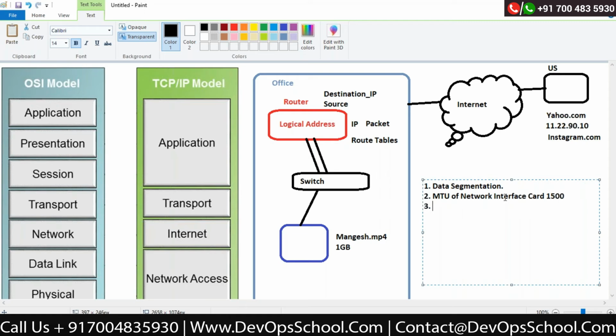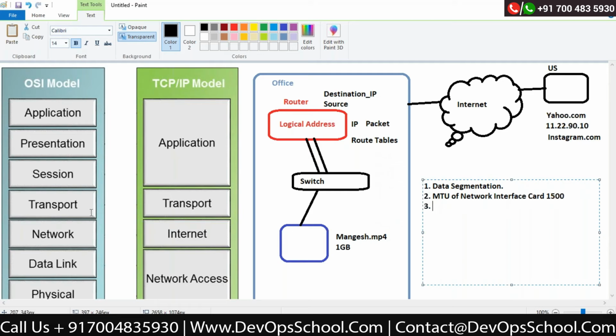That means how much maximum your computer can transfer over the Ethernet wire at one particular second or millisecond. So my capacity to send data out of my network interface card is 1500 bytes. That is the maximum capacity.